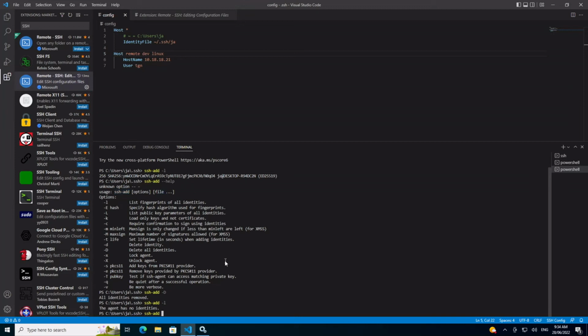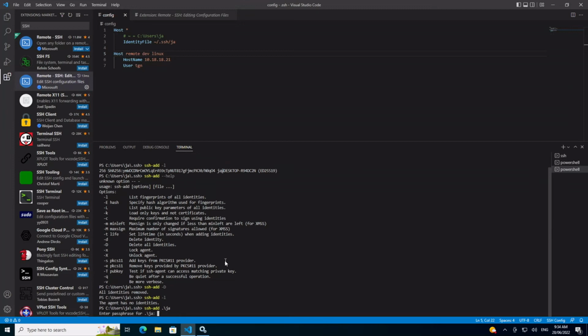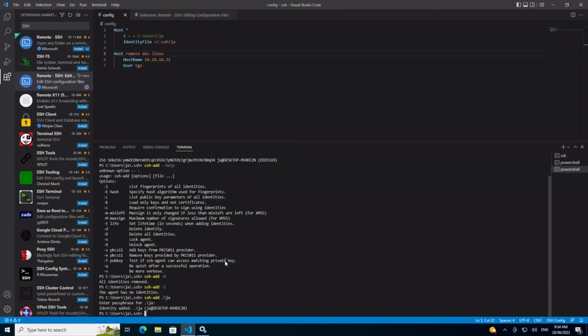So to do that, you could be in another directory and type a fuller path, but I'm already in the SSH directory here, so I just say ssh-add and add my private key. Once I do that, I simply enter the passphrase, and then notice when I go ssh-add